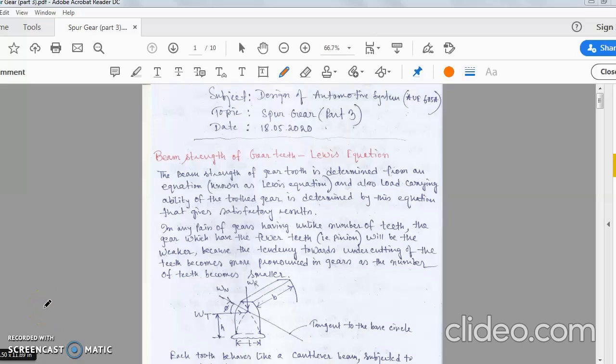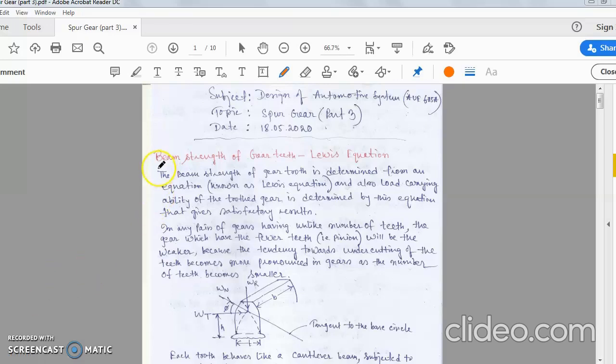Hello students. So far we have reached the very last part of the spur gear design. In the previous two classes I have already discussed the very basic introductory part, gear advantages, and some of the nomenclature of the terms of the gears. There is some mathematics like module, circular pitch, diametric pitch, backlash. So today we will go through the design part of the spur gear in detail.